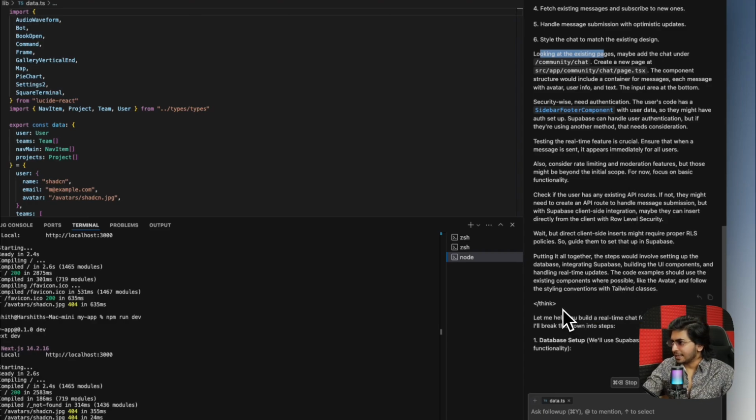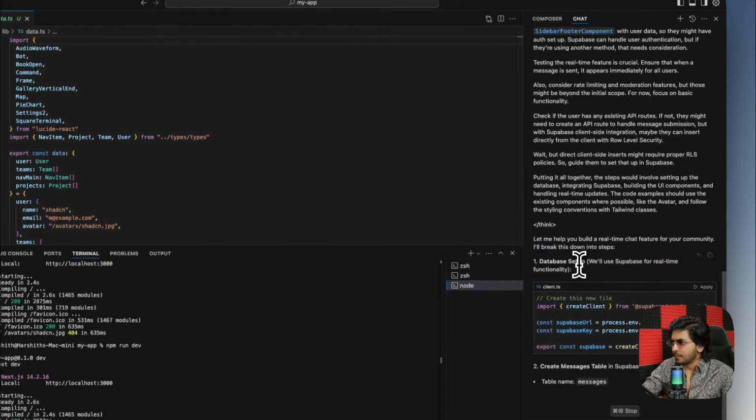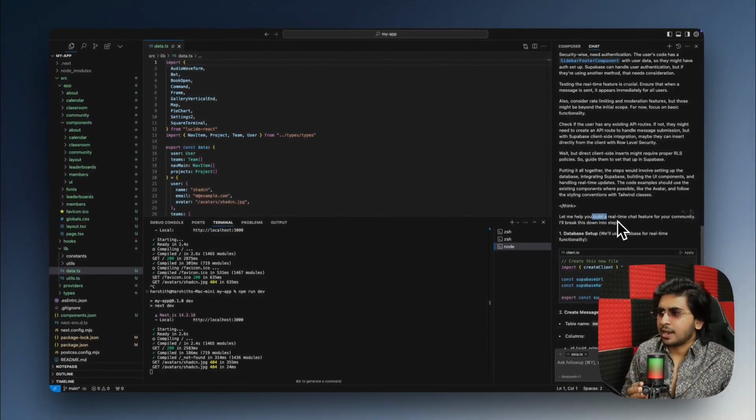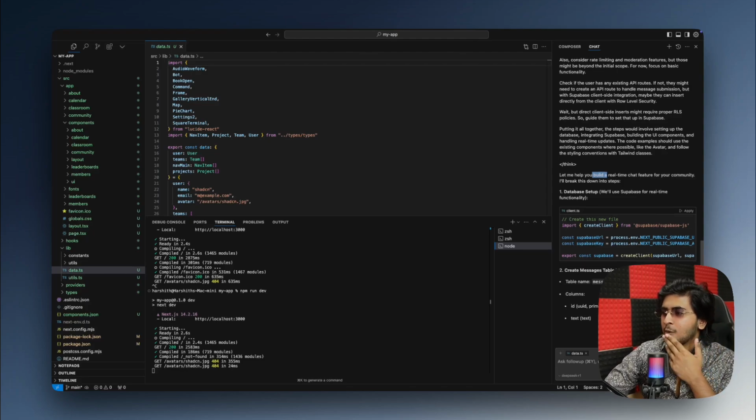Okay, so here's where the think ends. All right, so let me help you build a real-time chat feature for the community database setup. We'll be using Supabase for real-time functionality. Okay, so I actually don't want to use Supabase. I have like $100,000 of free credits from Google that I can just simply use. That's Firebase. But for the sake of this video, I'm just going to continue with this and see how